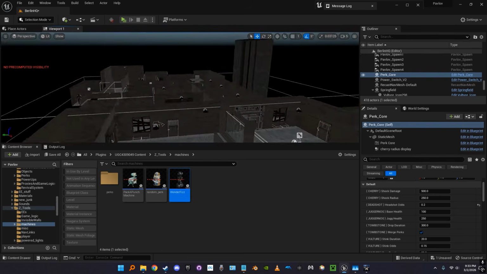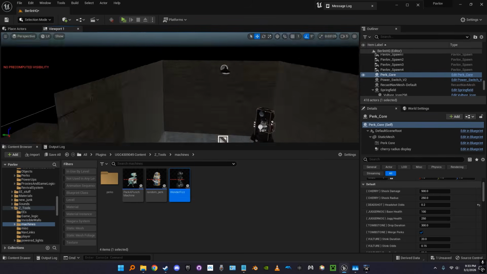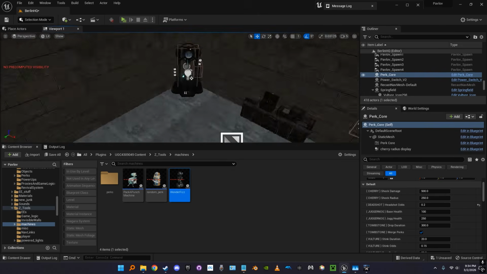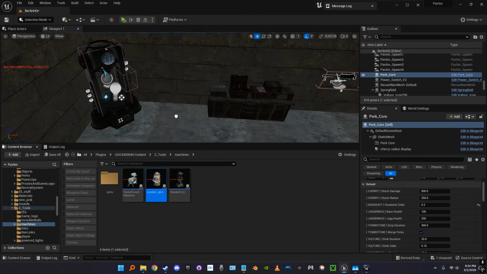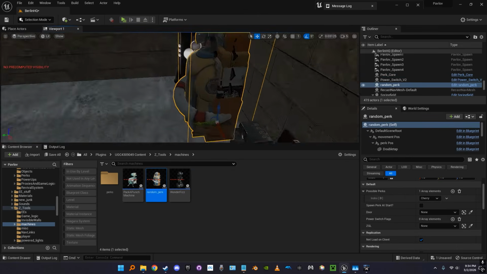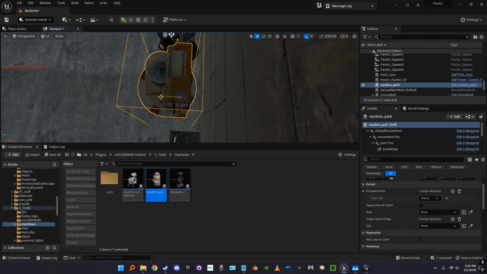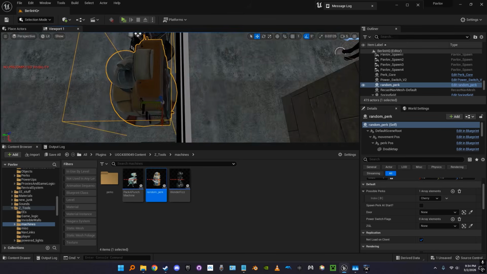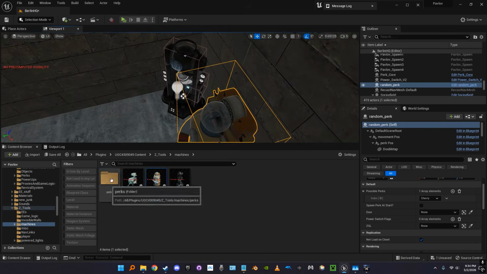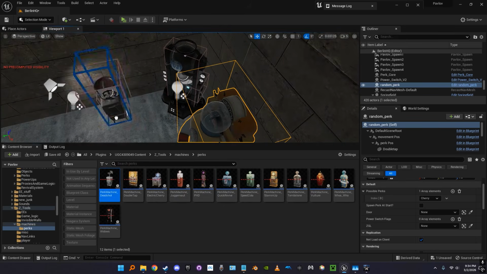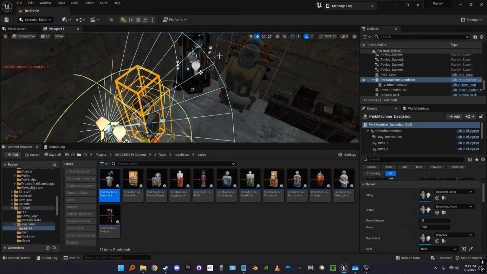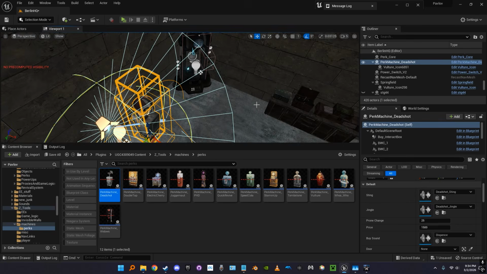Ooh, we got a random perk machine. I might as well, just to be obnoxious and throw everything at the wall. So you throw that down. Oh, you know what? No, I'm gonna... Oh, perk machine. Let's throw a perk machine down and just explain it. I know what I'm gonna do with a random perk. So here,